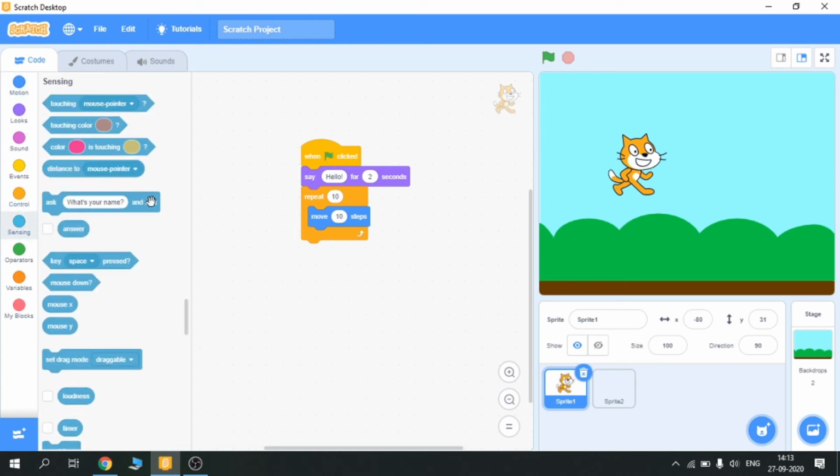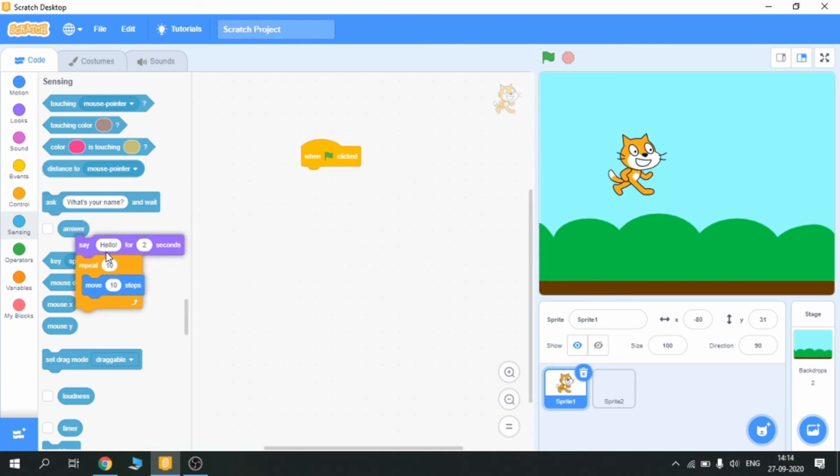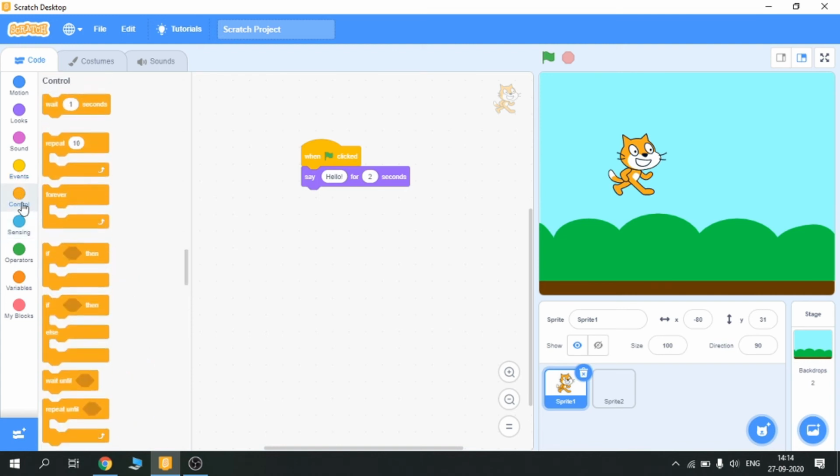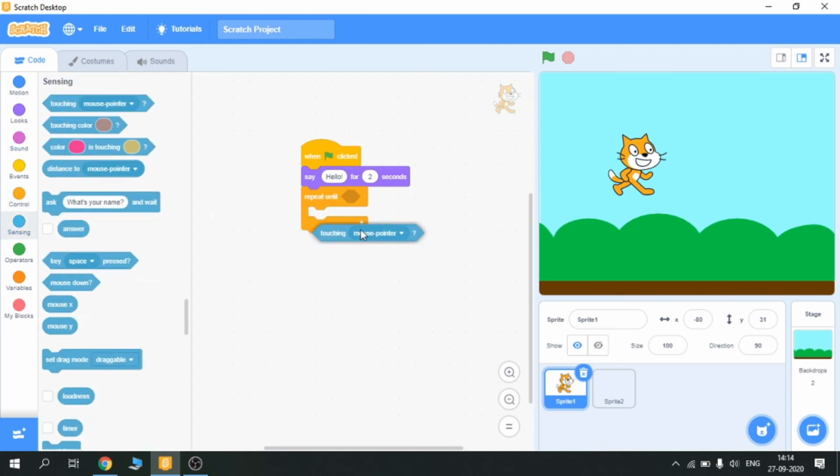So sensing means when the sprite senses something, like if I like something, I have used repeat. Basically repeat until is a loop which is used when we want to repeat the process until it satisfies some condition. Here we put a condition. So here I am going to put touching.